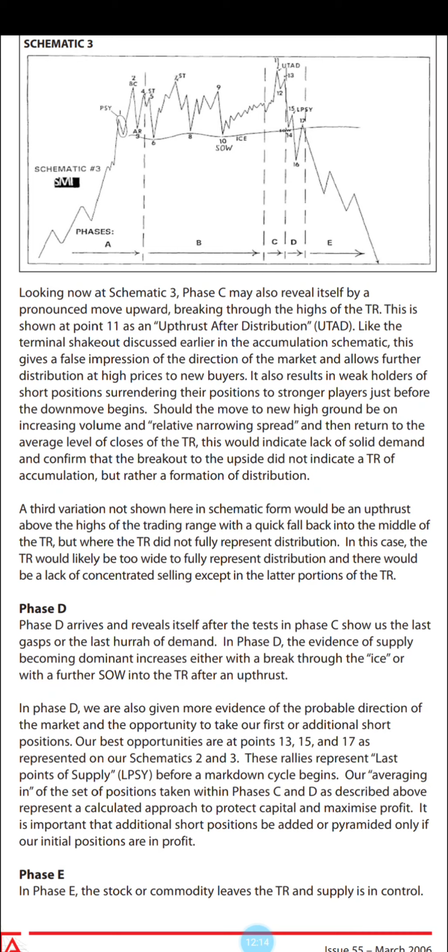the down move begins. Should the move to new high ground be on increasing volume and relative narrowing spread, and then return to the average level of closes of the trading range, this would indicate lack of solid demand and confirm that the breakout to the upside did not indicate a trading range of accumulation, but rather a formation of distribution. A third variation not shown here in schematic form would be an upthrust above the highs of the